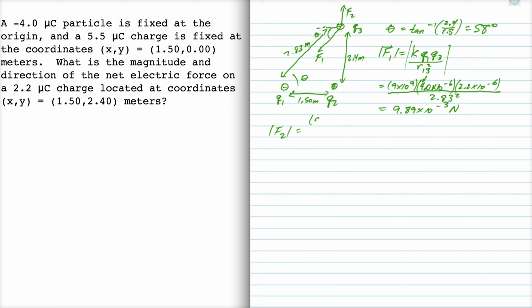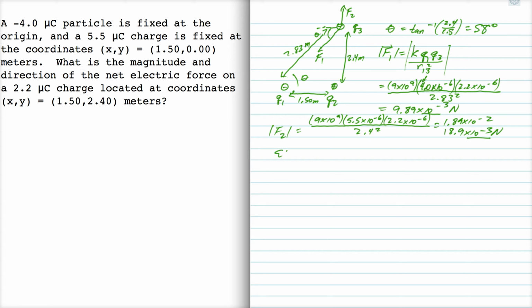F2 is going to be K Q2 times Q3 divided by that distance squared. And that works out to be 1.89 times 10 to the minus 2, or 18.9 times 10 to the minus 3 newtons. I like writing them that way so they both have the same exponent. Alright, so